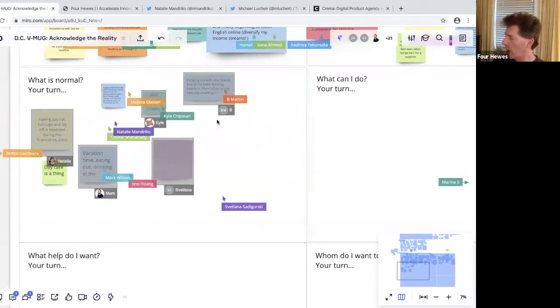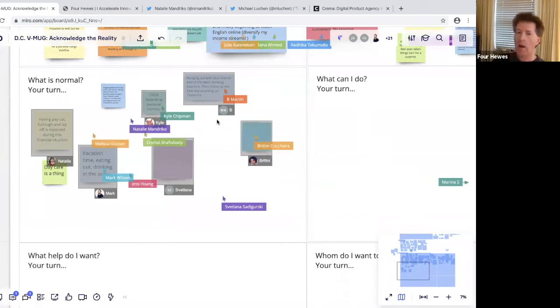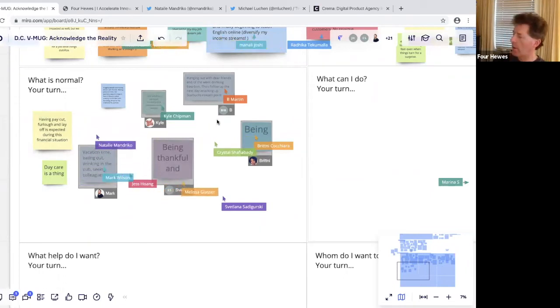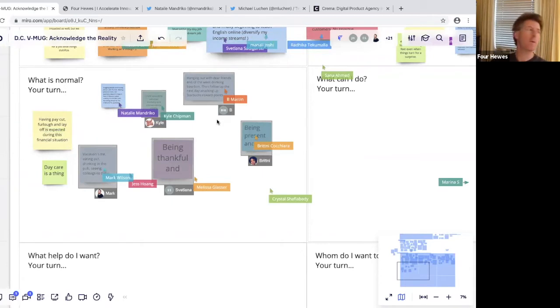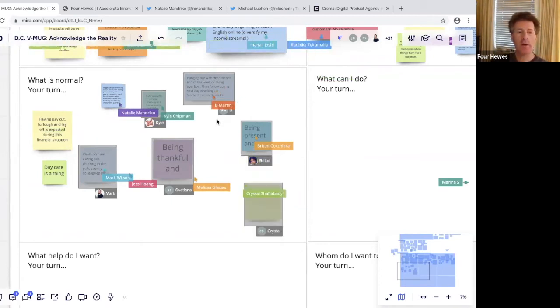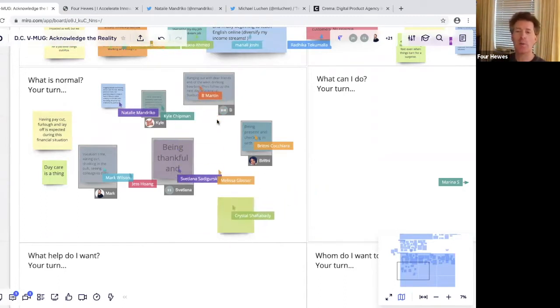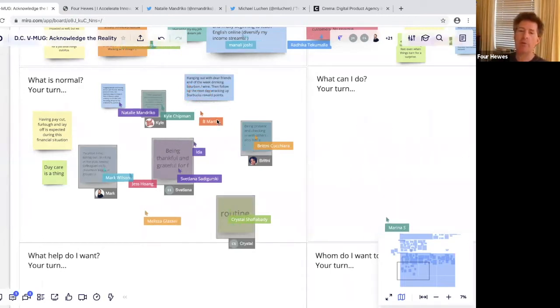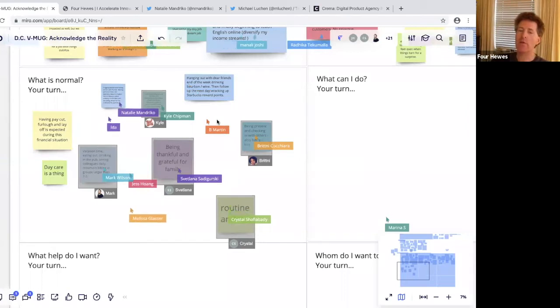So what are we seeing? Folks are sharing. I would say for myself, sorry, just trying to do a few things at once, normal is, I'm a very affectionate, demonstrative person. So a big difference for me is I can't touch anybody. I can't hug, I can't shake hands. I was out for a run with my sister, 6 feet apart, and I slapped her on the back, way to go. And I was like, oh my God, can't do that. Now that's dangerous. So that is a big difference for me.